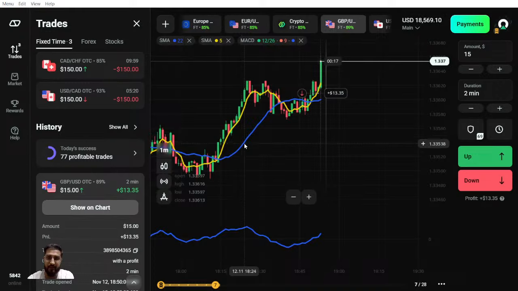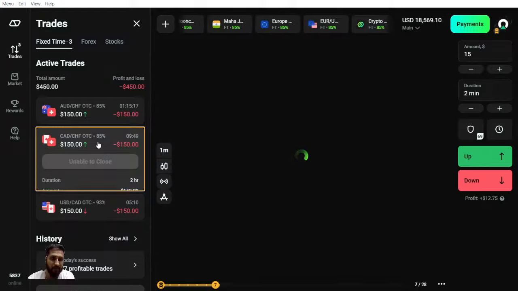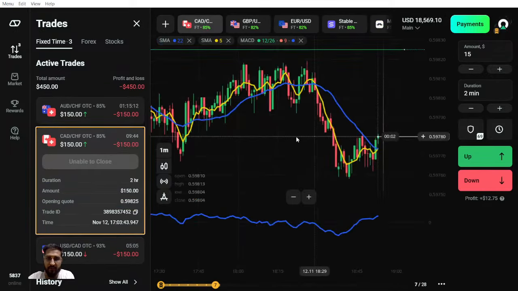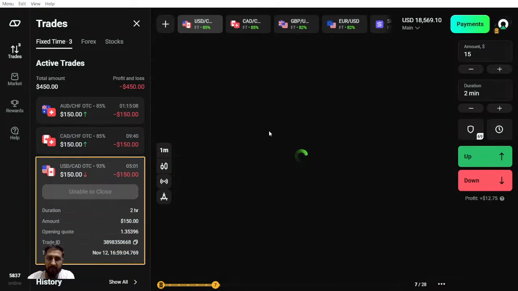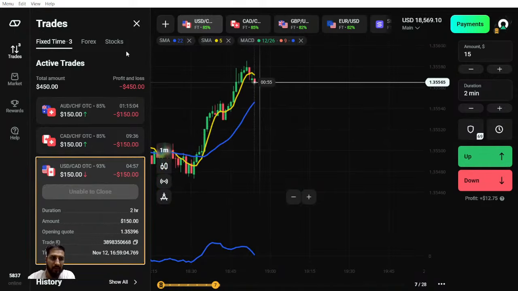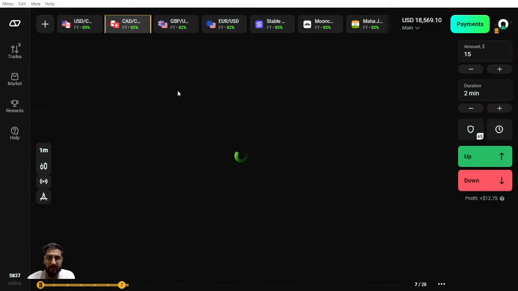Okay, so our next trade, GBP USD OTC, that went positive also, very nice. These 3 trades are looking negative. These are about to be closed. Just give me a second, guys. Let me have a look at these previous trades. They are not looking good. No worries, I'll try to recover them later on, even though I have already made some extra, so that is fine. I'll try to recover.